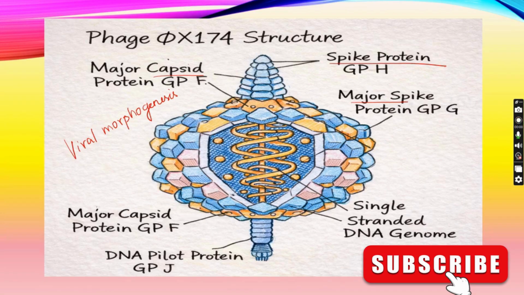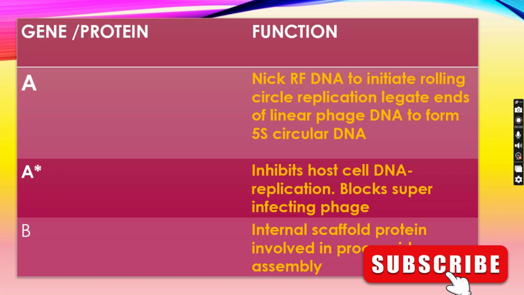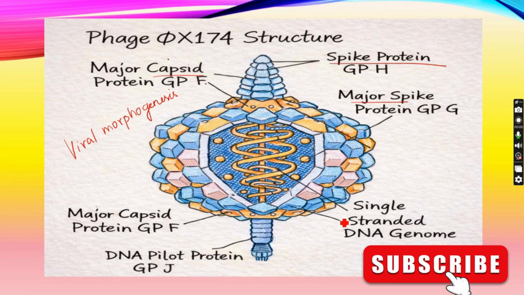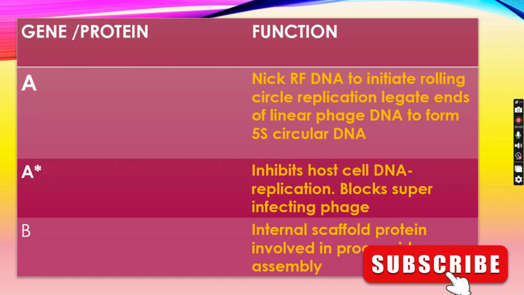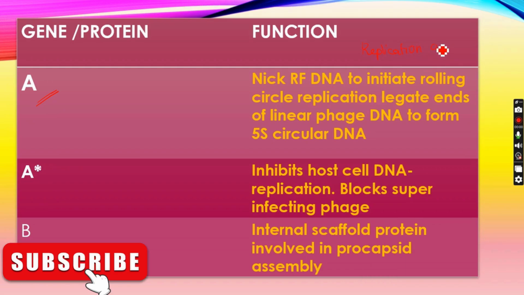So here we can find the gene proteins. It is a single stranded DNA genome, segmented as A, A star, and so on, based on its letters. The gene marked as A has a replication factor, a nick replication factor DNA, as we saw before in the M13 phage, which has a replication endonuclease synthesized by the G2 gene. Likewise, a replication endonuclease is synthesized in this phage by the A gene,